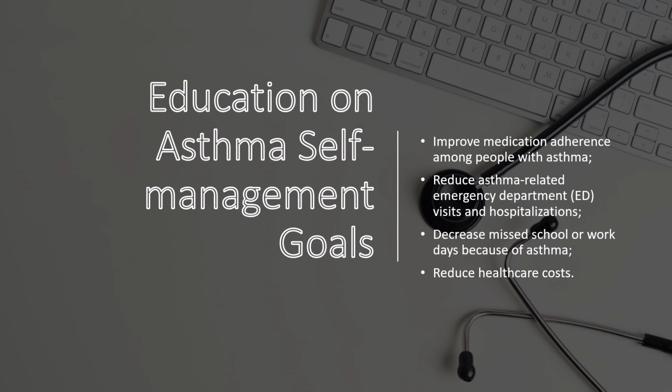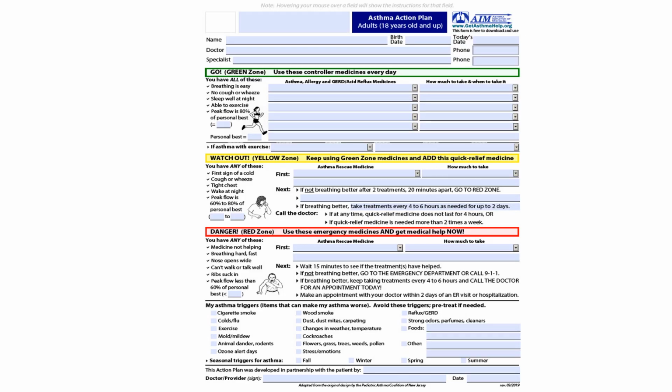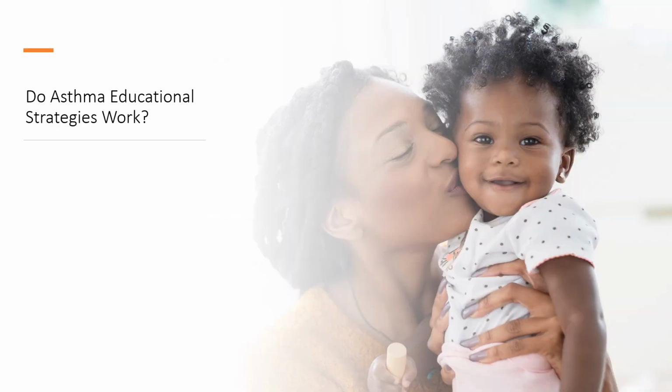So think about this. A child with asthma gets sick and has to stay home. A parent who works has to stay home. So there's lost learning, there's lost wages, and there's lost production for the economy. So it has a cyclic effect, not just an individual effect. And again, the health costs are very, very expensive. So again, these are asthma action plans. That's part of the whole process.